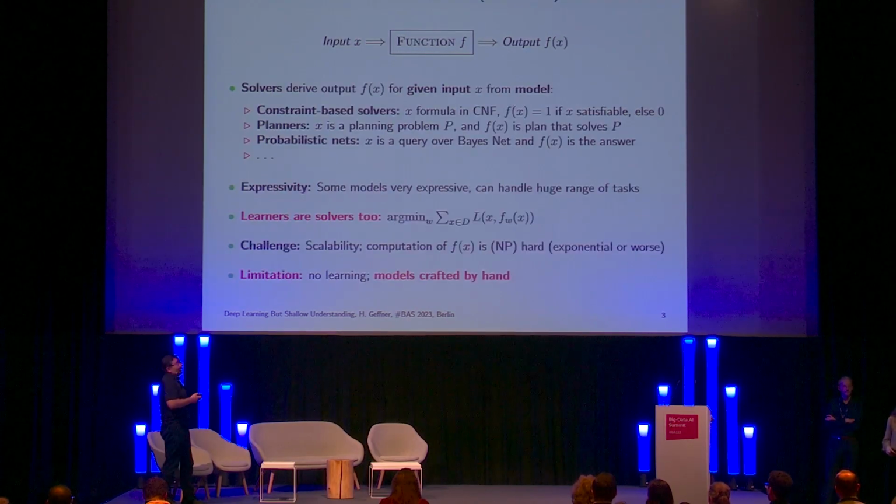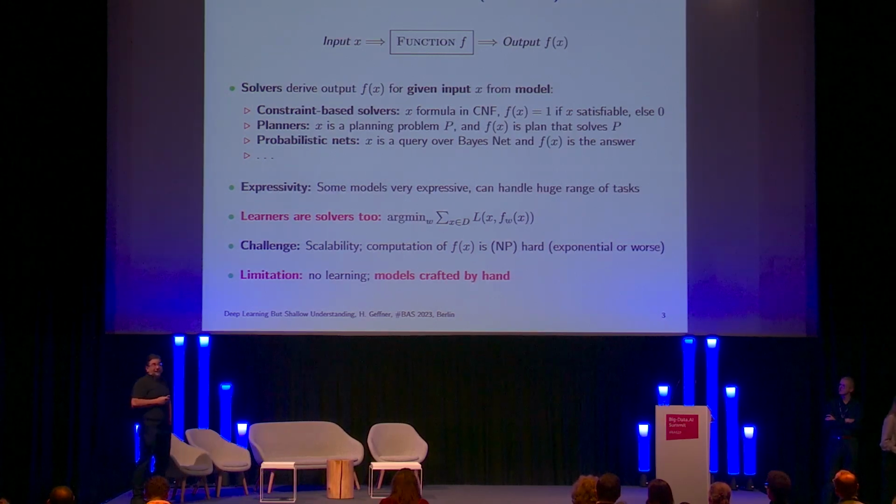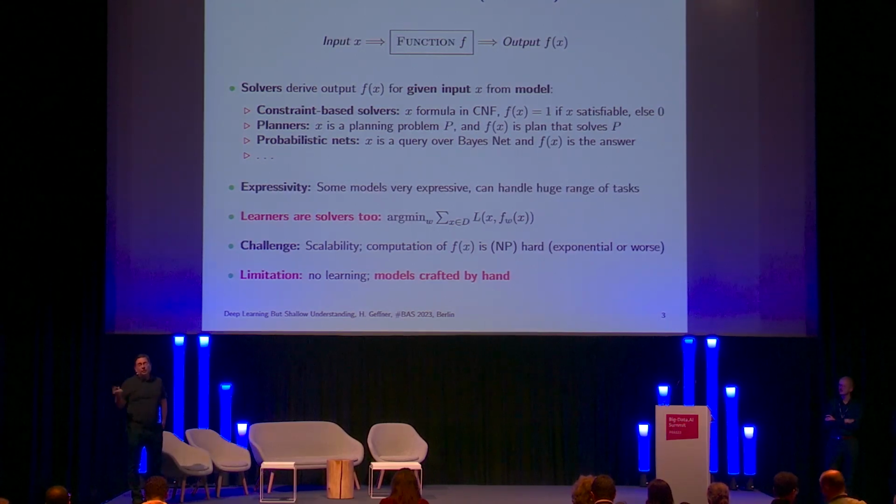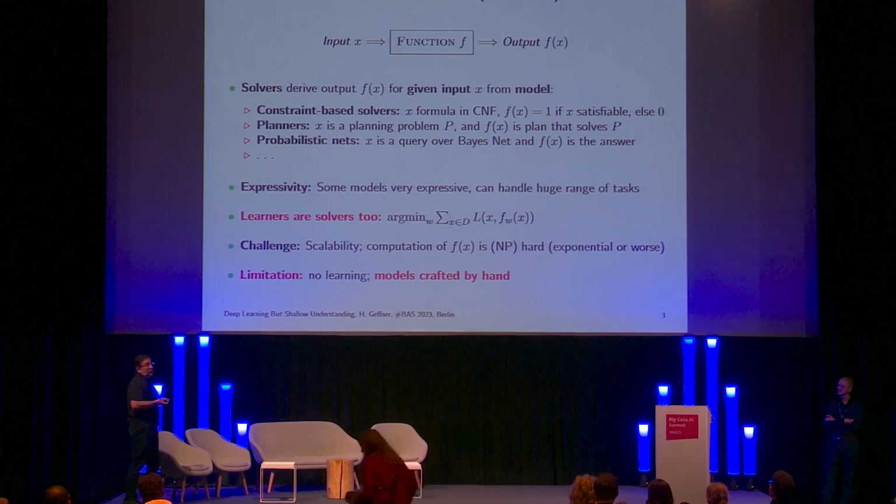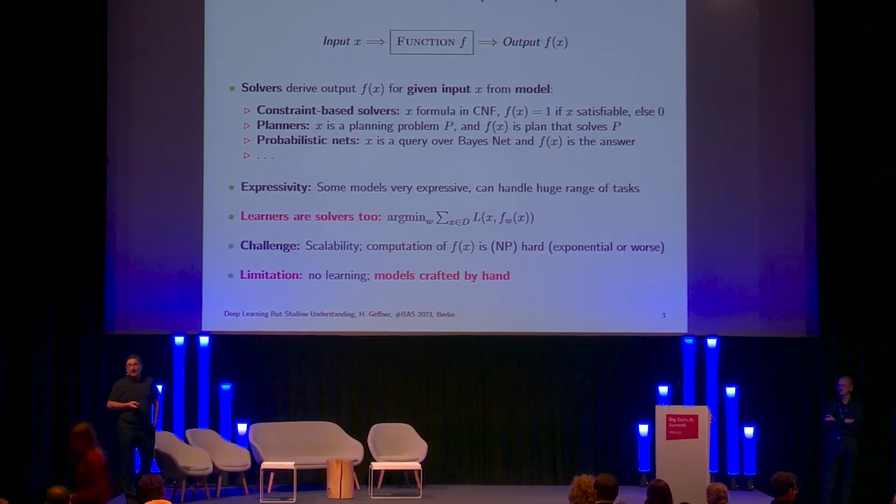In AI, there has been another approach for many years as well, that is not as well known these days, because it doesn't lend itself so easily to applications. There's plenty of data, and these are the so-called model-based reasoners. The word that people in AI use to refer to them is solvers. Also, these are functions, these little boxes that map inputs into outputs, but the nature of the inputs and the outputs is different.